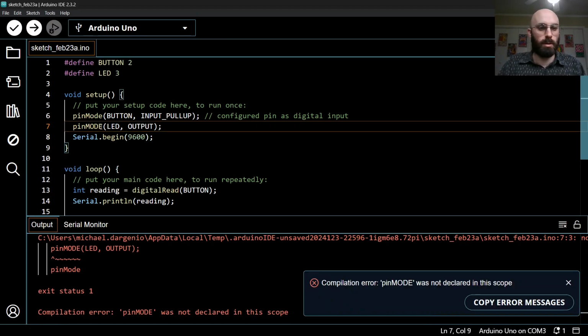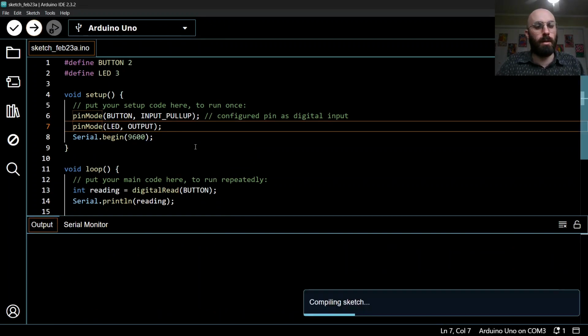Oh, I guess I should try to write my functions correctly. So it's pin all lowercase, and then all subsequent words start with one uppercase letter. So now,